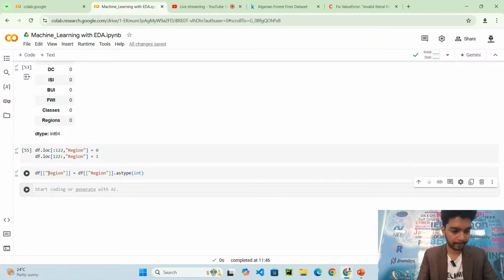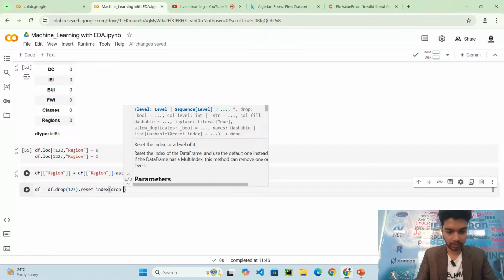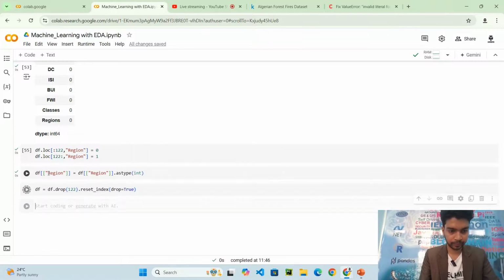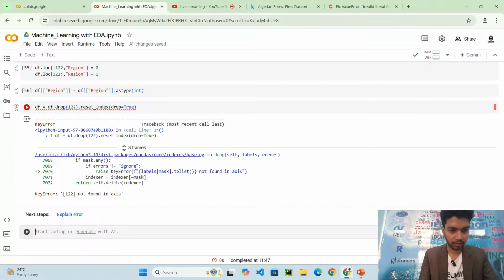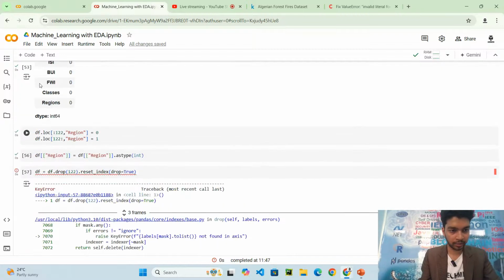Okay, so df equal to df.drop, to drop the 122nd row, then reset_index once again, drop equal to true. Not found in axis. I should have given df1.